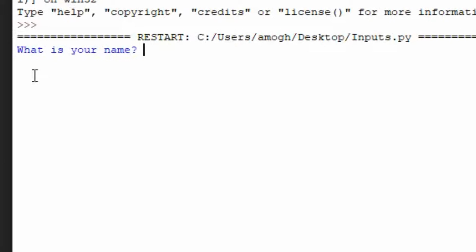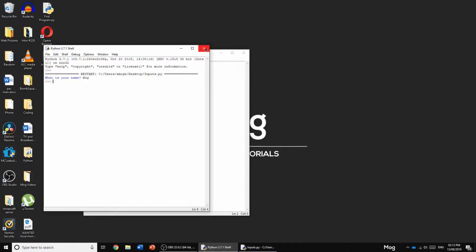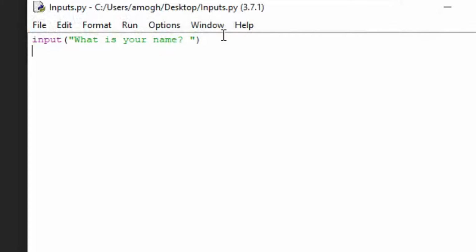And as you can see, it's asking you what is your name. I can type in Mog, but nothing will happen because I haven't assigned another line of code. So if we just close this up, here we have the input line. Now what you're going to need is a variable. A variable is a value that can change. It's variable. So you can type in user